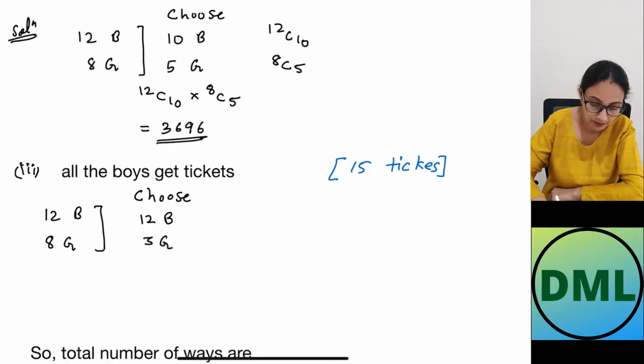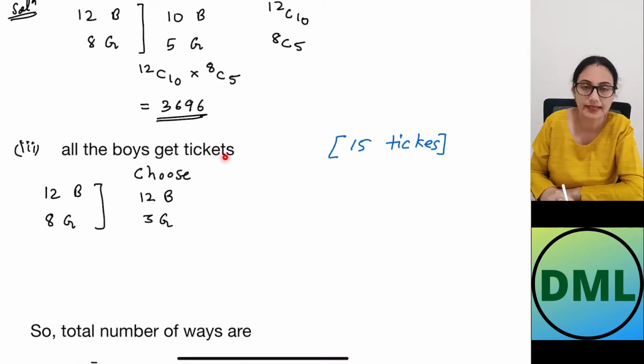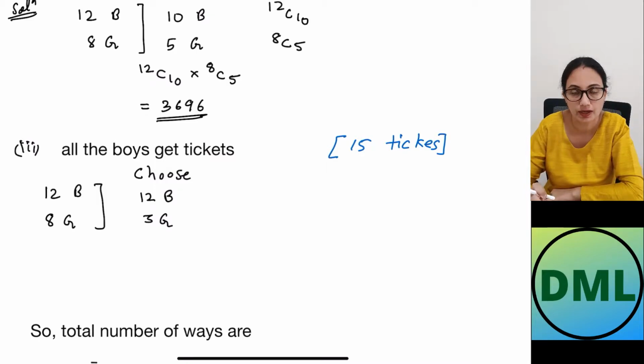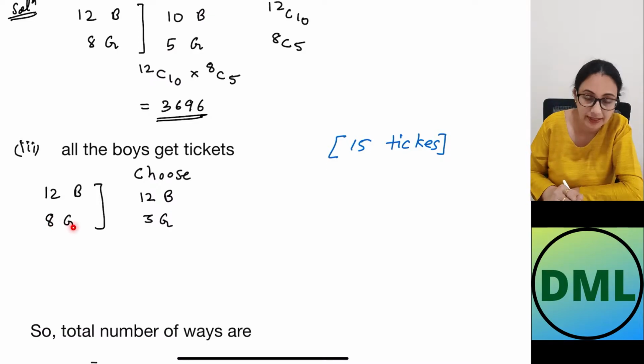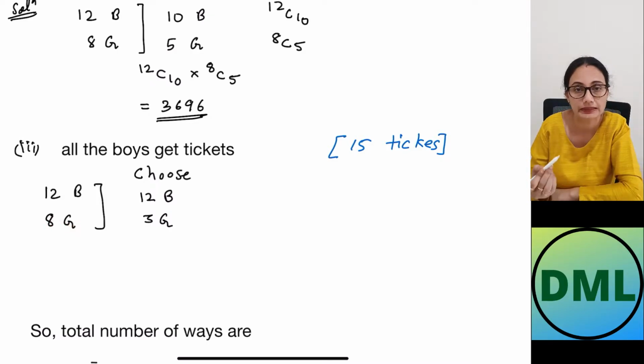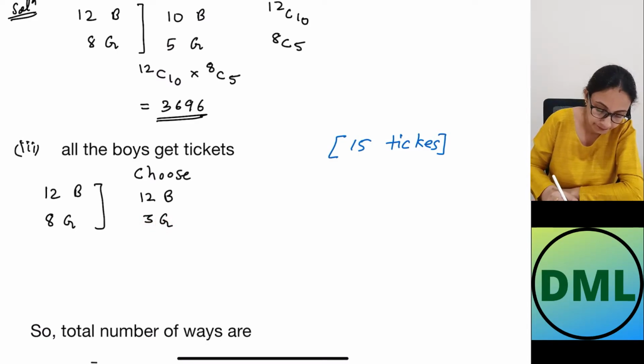Now, all the boys get tickets. That means you have 15 tickets and you are giving them to all the boys. So we have 12 boys, so all the boys are getting tickets. So 12 boys are getting 12 tickets. Now you are left with 3 tickets, which should be given to the girls. Now we have 8 girls, from whom we have to pick 3 girls to give 3 tickets. So we have to choose 3 girls. So this can be done in